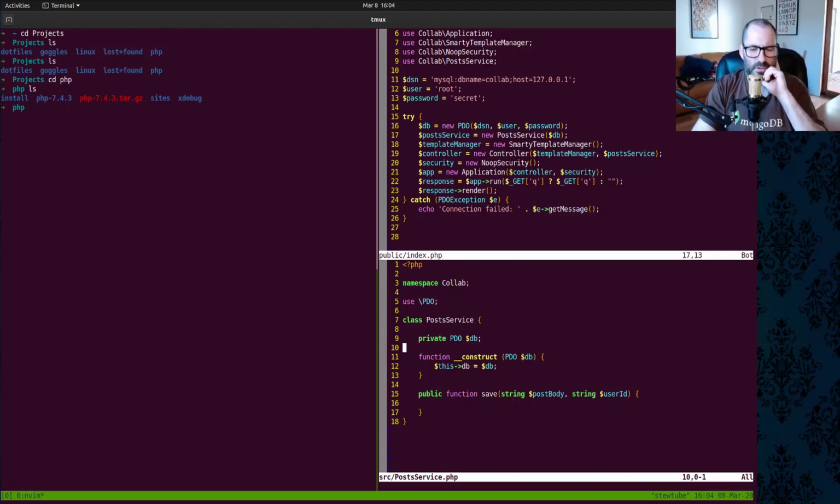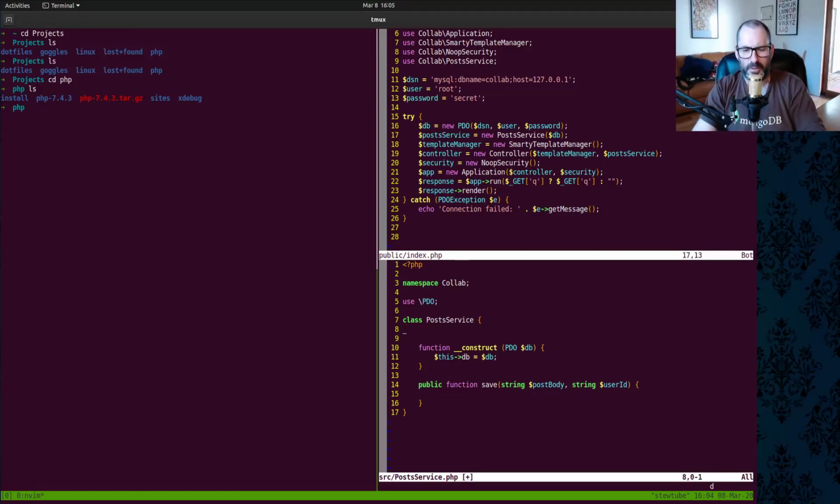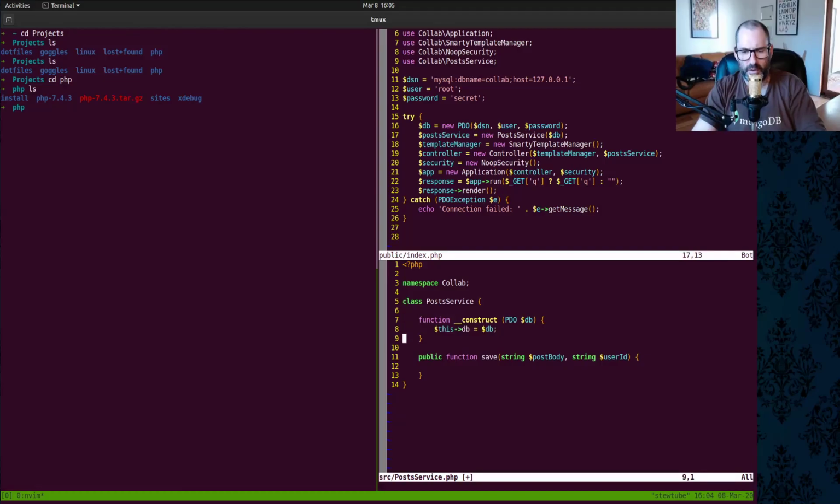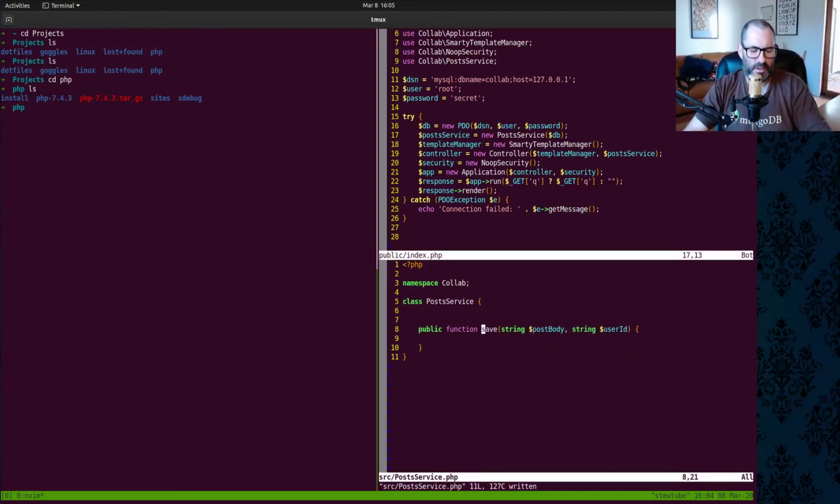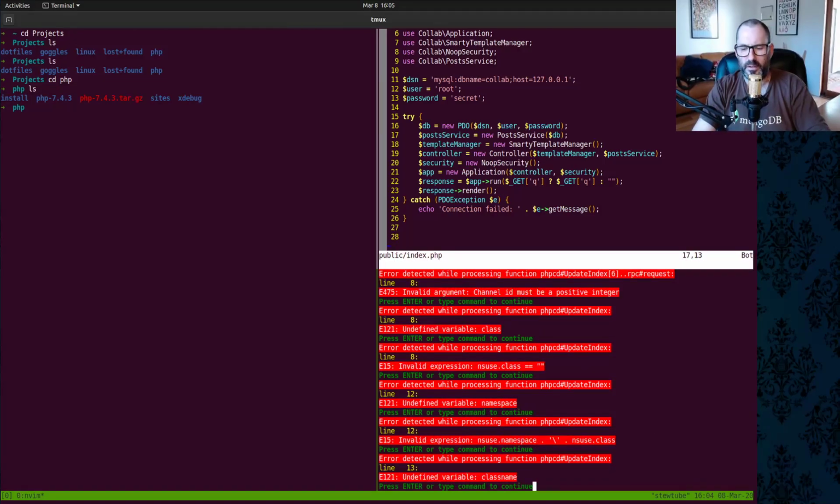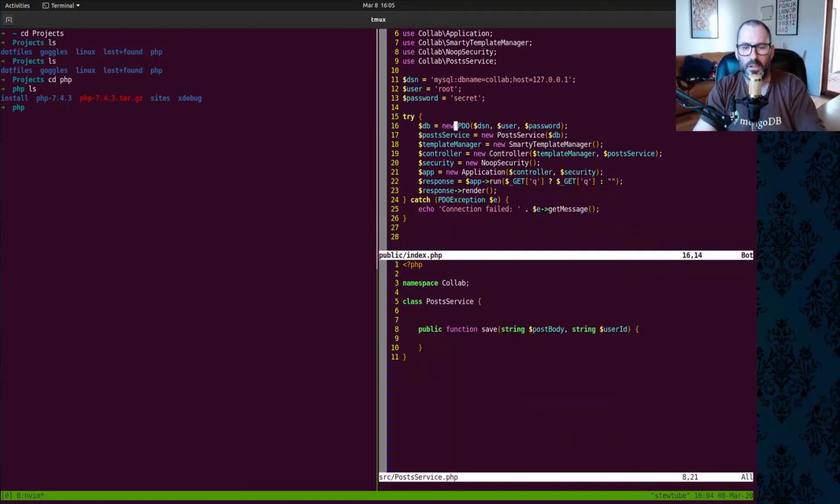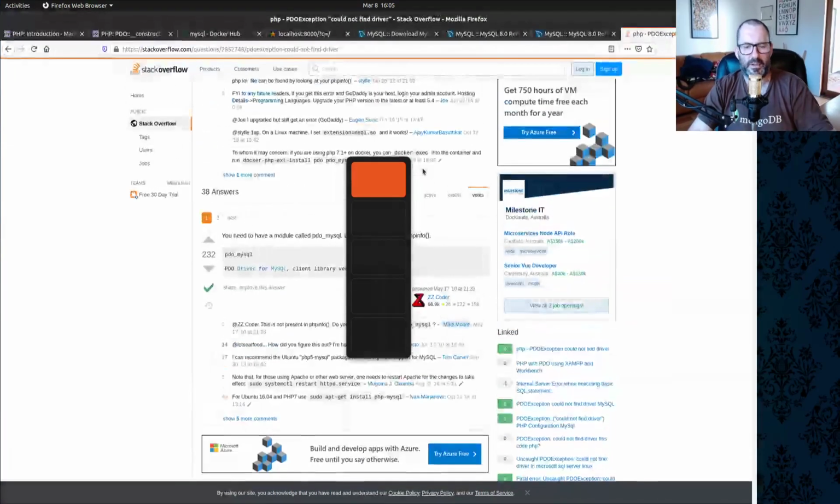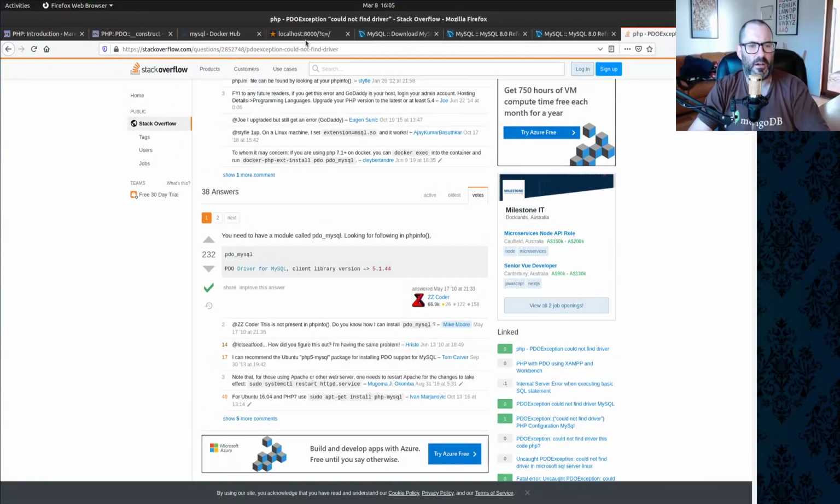Post service, PDO. What I'm going to do for the moment is remove the PDO dependency from here. Oh, this Vim issue is killing me. And we're going to comment that out, and we're going to remove this. So this should actually allow us to execute our app,